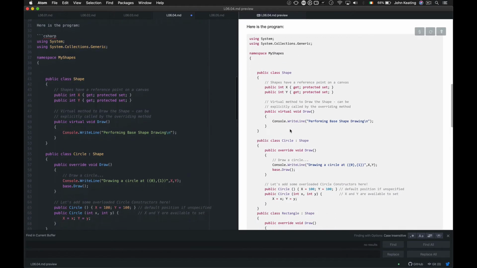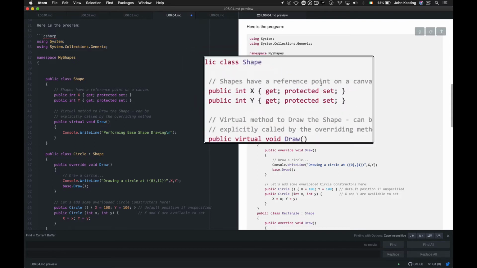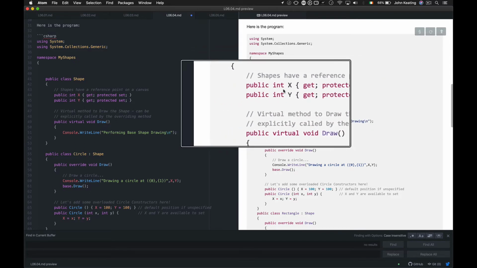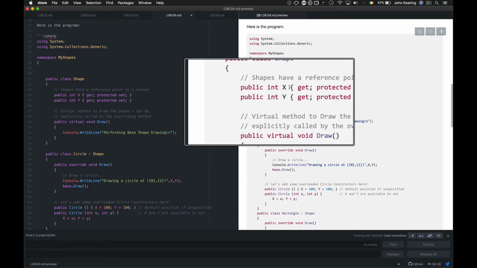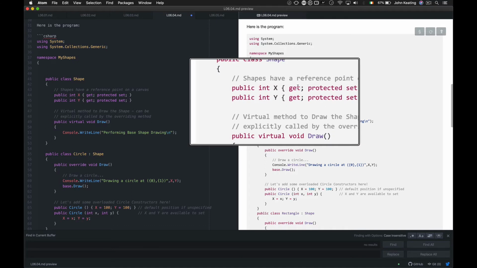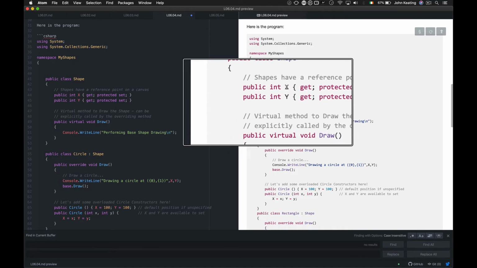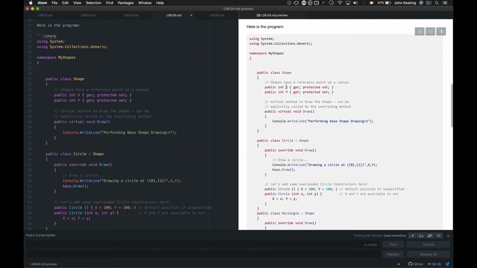Okay, so program. Let's have a look at it here first. So public class shape. So shapes have this reference point on a canvas. So I've created these properties X and Y. Now you'll notice with this that previously I would have had a private int little x and private int little y, and then I would have created a property that referenced and worked with these. But actually, this is shorthand notation. I don't have to do all that extra work. But I'm saying that we can get the value of x and y, in other words, the pointer location on the canvas of any particular shape, by referencing the x property,